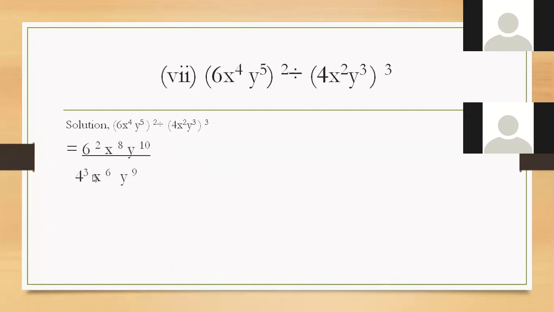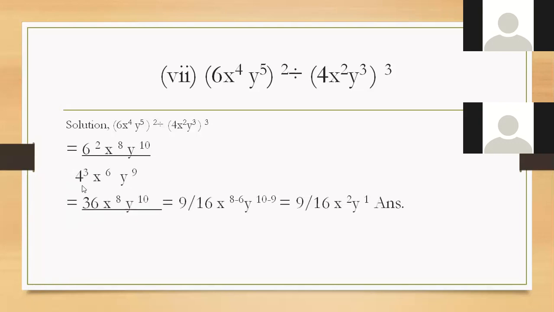Okay, first of all, remove the bracket. Like this you put it in upon, okay, as a fraction. Remove the bracket first. And when you remove the bracket, it will be like this, okay? 6 square means 36 and 4 cube means 64. And 36 and 64 cancel. 9 fours are and 16 fours are.